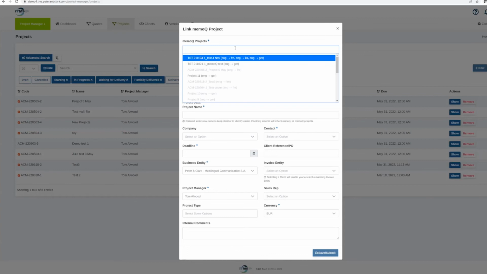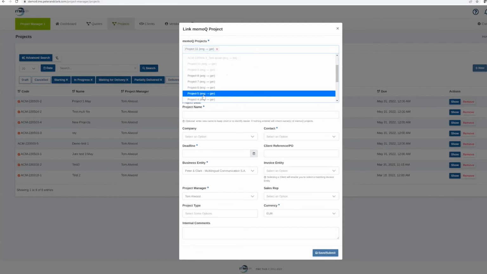So for example, Peter&Clark has some clients who do daily feeds of documents. It's a constant stream. They send over separate projects of XML files, often quite small, 30, 40 a day. And they only want to really manage the bill for that once a month. So we can set up a master project and constantly get the feed that's coming into MemoQ into an iTMS project. And we can also have the ability to take